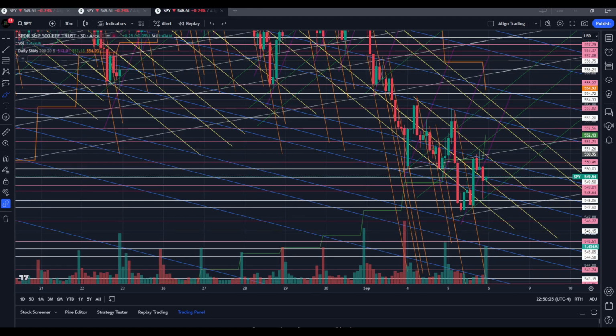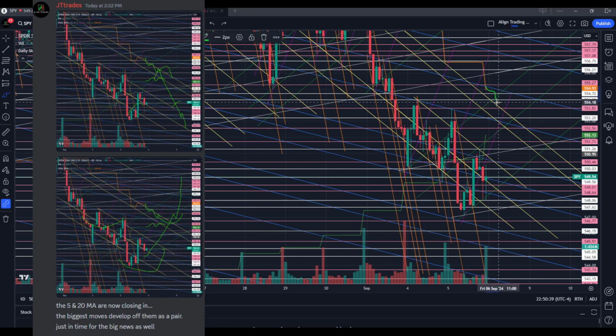So now it is time to go over what to be watching for tomorrow. You can see here at the end of the day, I was explaining how these 5 and 20-day moving averages are going to come into play tomorrow and a big move can form off them. So what I mean by that is with this 5-day catching up with this 20, if we want to form this going into tomorrow, we have this